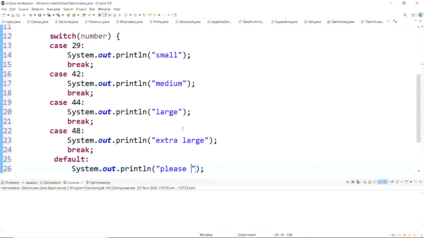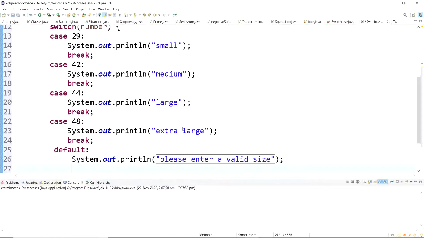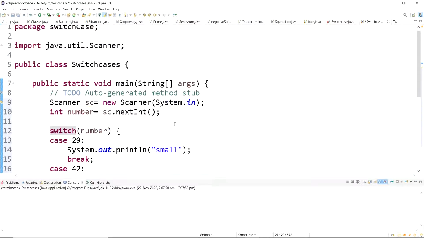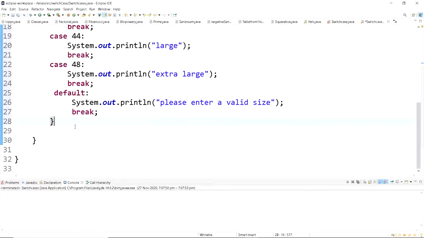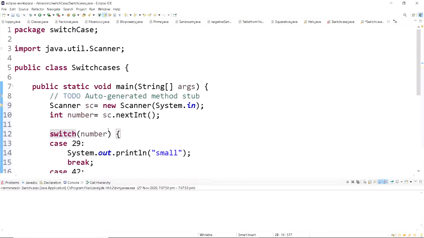Let's write please enter a valid size. So this is the code. Now let's execute this.